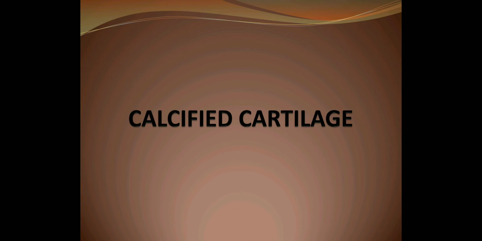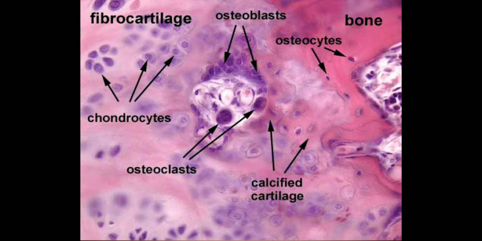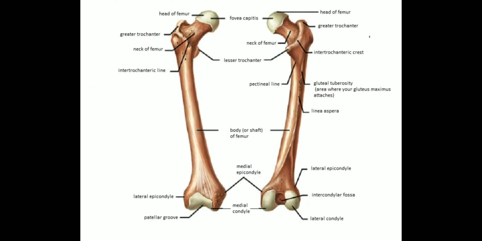And last one is calcified cartilage. Actually, this type of cartilage becomes rigid due to deposition of salts in the matrix, and because of this it reduces the flexibility of joints. And normally this calcification of cartilage takes place in old age. An example is the head of long bones, in those bones where flexibility goes on reducing as the age goes on increasing. So let's stop here. We'll continue again in the next lecture.